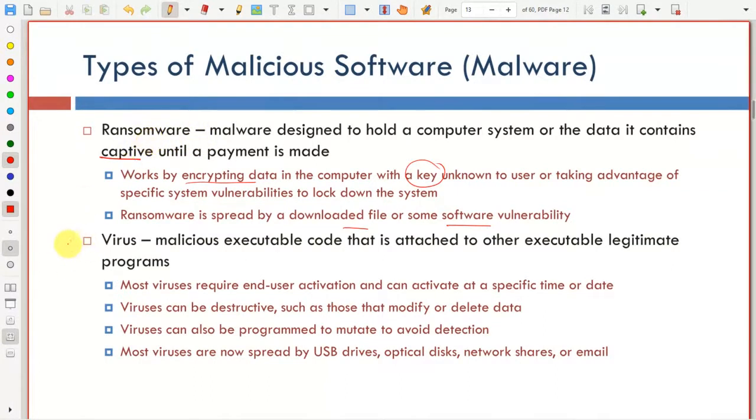Of course, we all heard about viruses. Whenever we talk about malware, the first thing that comes to mind is virus. A virus is a malicious executable code that is attached to other legitimate executable programs. So say you're trying to install, for example, Adobe Acrobat, okay? You didn't download it from the manufacturer, from Adobe. One of your friends said, I have a copy of it, I'll send it to you, okay? And this copy was infected. So when you try to execute it, it's going to install that virus on your computer,